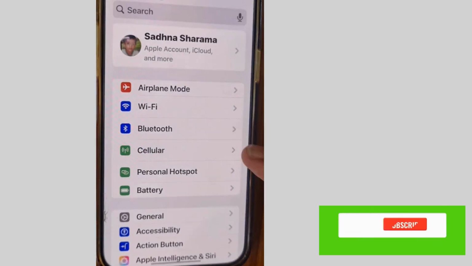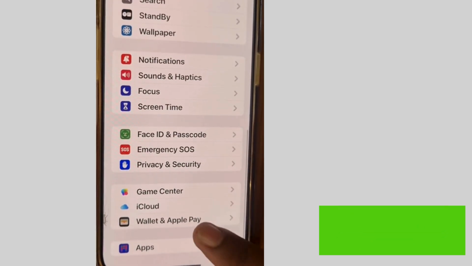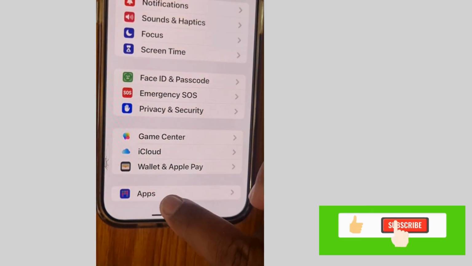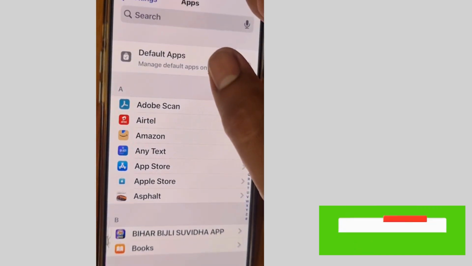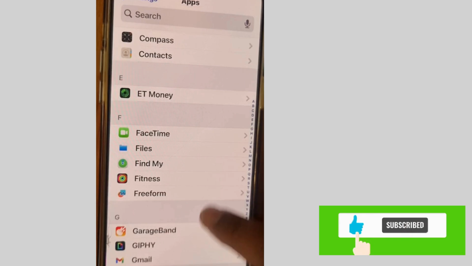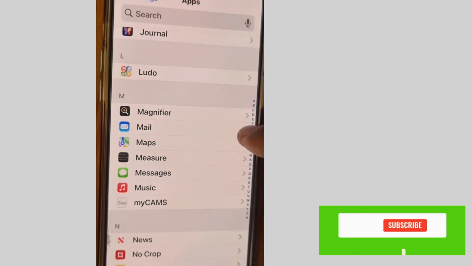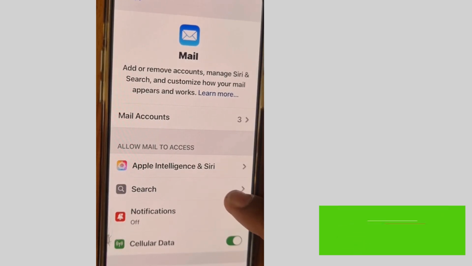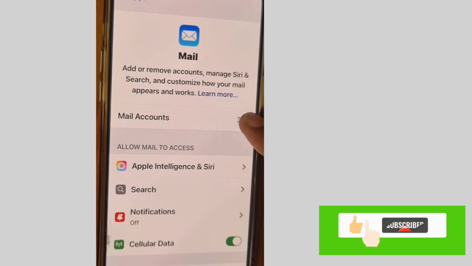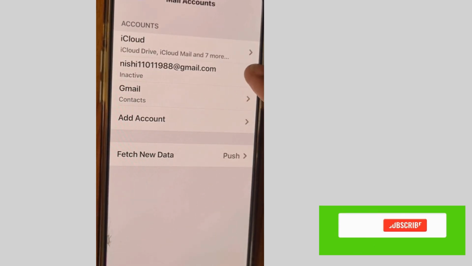Again tap on settings of your iPhone. Here scroll down, go to apps, and here go to mail or Gmail, whichever you are using. Either you can go with the mail app, tap on mail, and if you are using the mail app, then go with mail app. Otherwise, go to mail account and tap on your mail account,